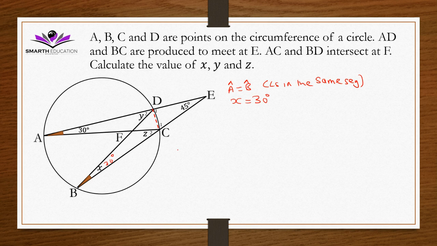How can we find Y? Remember, I said you must think also of the geometry of triangles, geometry of straight lines. So if we check here, this angle A and angle E, if you add them, they can give us angle Z. We can even do the same thing with angle B and angle E, and you get Y. If we want to start with Y, the same thing we're doing with the angle Z here, we can do it with angle Y. So now I'm saying angle Z is equal to angle A plus angle E, because it's an exterior